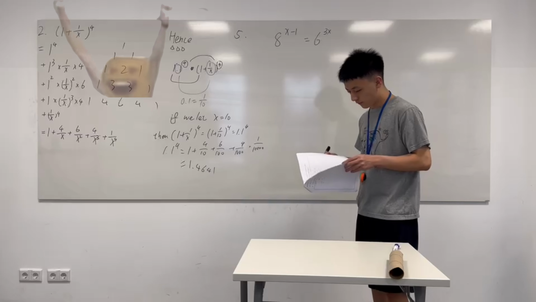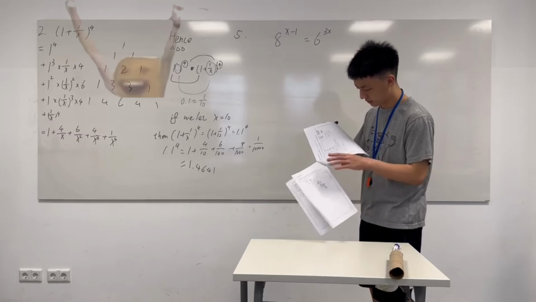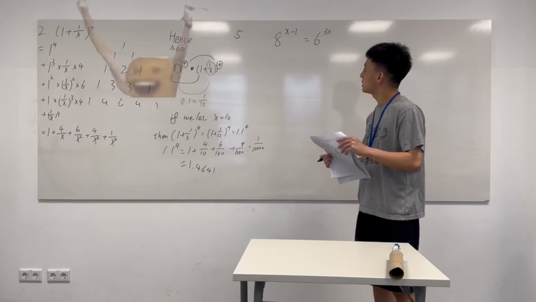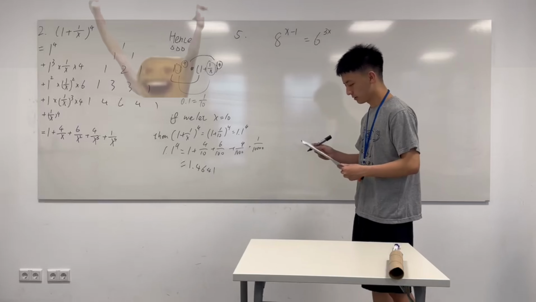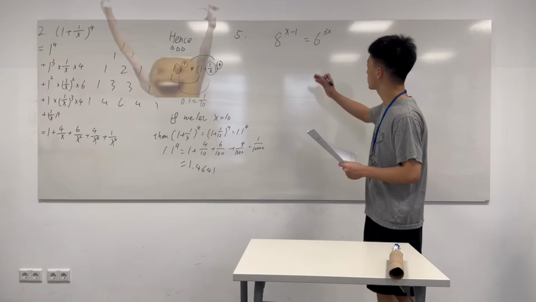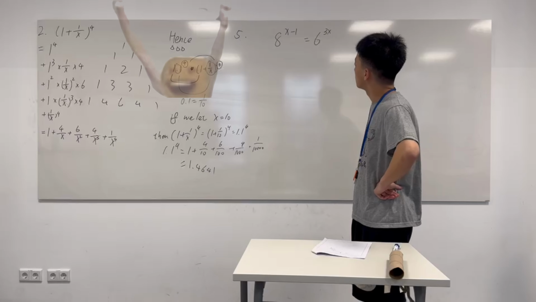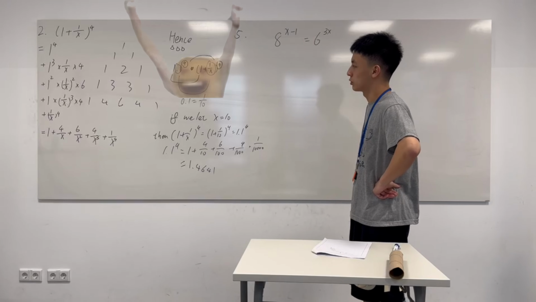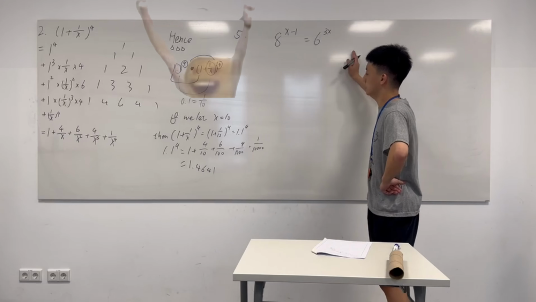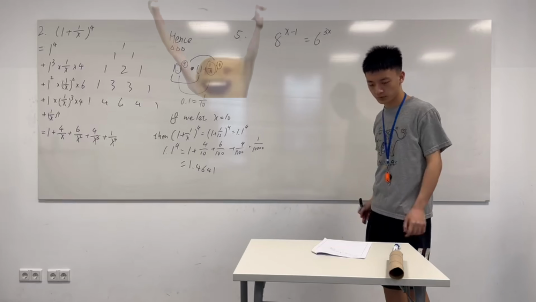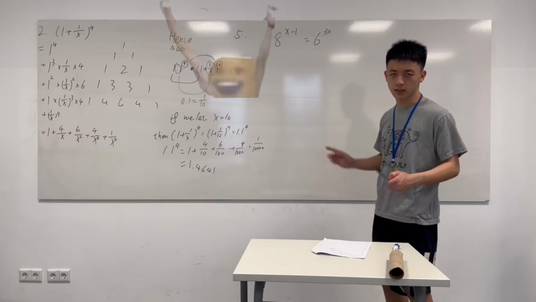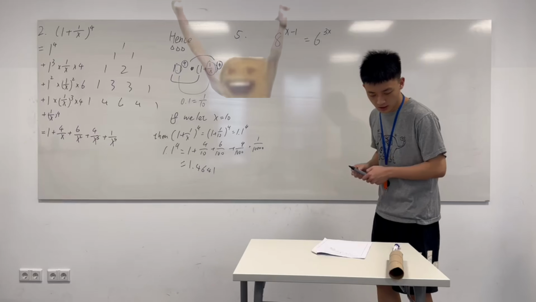Then let's do question 5. During the math class, many of my friends are confused about this question. Oh, what should we do about both sides? Because one side is something to the power of something about x, and another side is also something to the power of about x. We cannot solve it, right? It seems that we cannot solve it, but